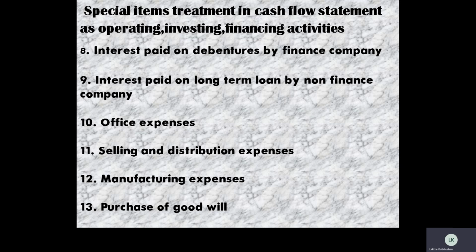So remember children, purchase of goodwill is actually an investing activity. It's a benefit for the firm, so it will be shown under the investing activities of the cash flow statement. If the value of the goodwill decreases, it will be called written off, so it will be shown under the operating activities, either as goodwill amortized or goodwill written off.